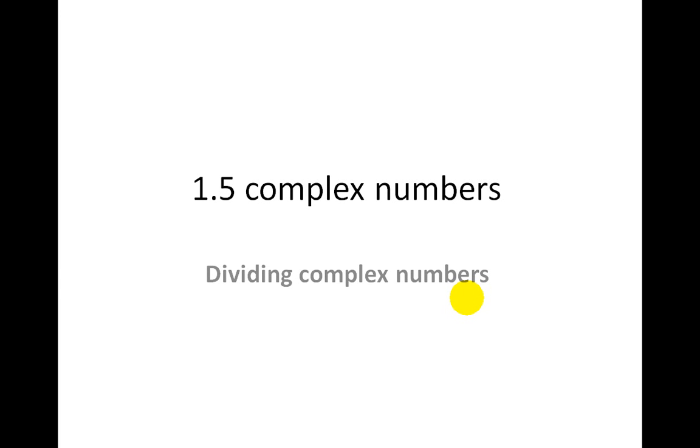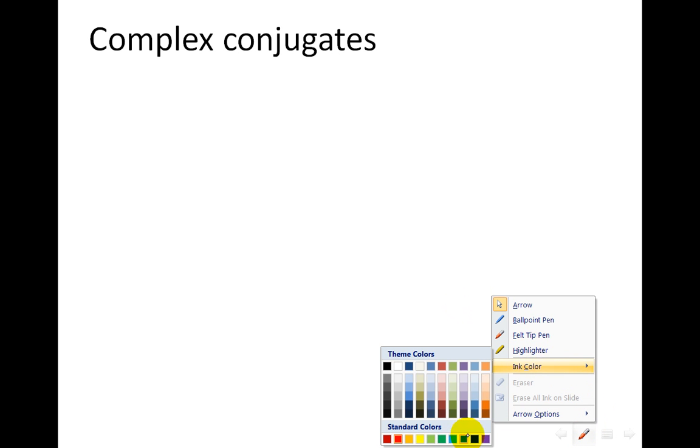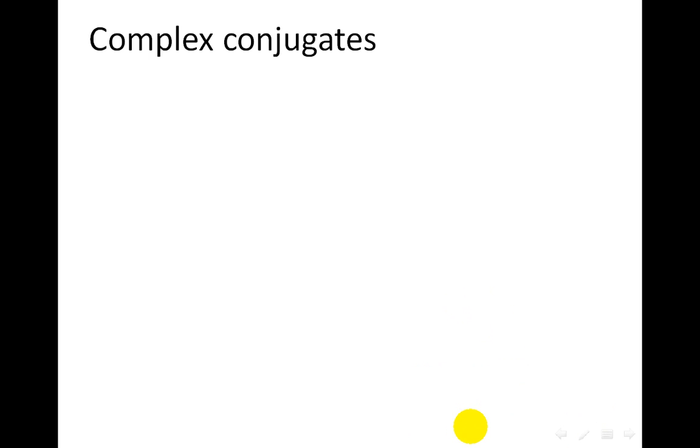Hello, still we're talking about complex numbers. Now we'll see how to divide complex numbers. But first let's see what complex conjugates are. For example, if you have a complex number which is a plus bi, the conjugate for this complex number will